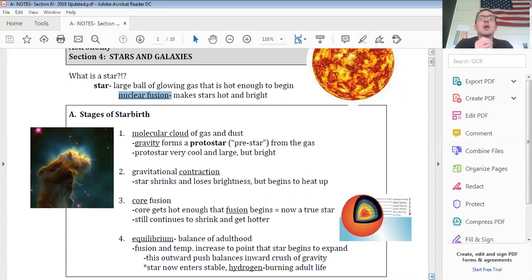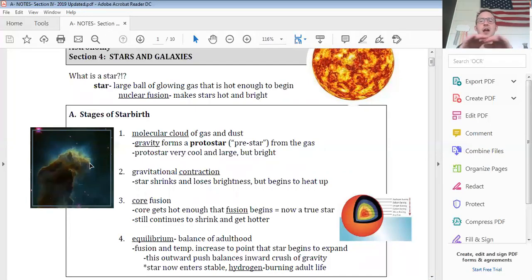the works. So all stars, everybody, whether big or small, all begin the same way, in a molecular cloud of gas and dust. Over here at the left, you can see one of the most famous pictures ever taken by the Hubble Space Telescope. This is called M16, the Eagle Nebula, and it's actually just a little tiny piece of it zoomed in. This is sometimes dubbed the pillars of creation, and you can actually see baby stars or protostars growing off there like olives on the branches of a tree.